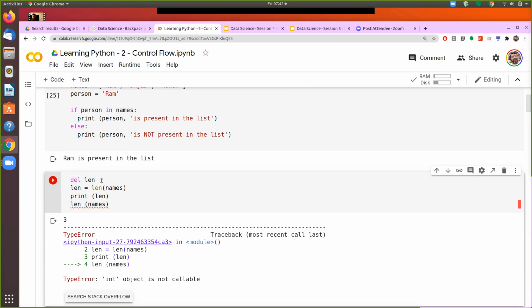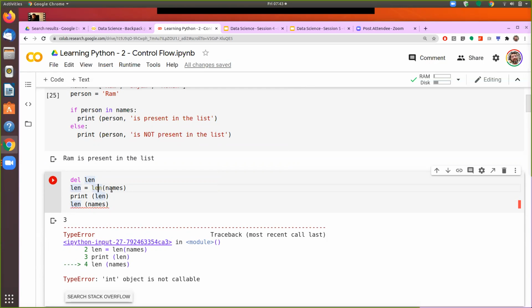So I deleted the variable len because that was in the memory. Now it is assigning again the length of name. So here, if you see, len is working as Python syntax. It is evaluating the length of names and assigning it again back to a variable called len. So when I say print len, it is treating this as a variable and it prints 3.